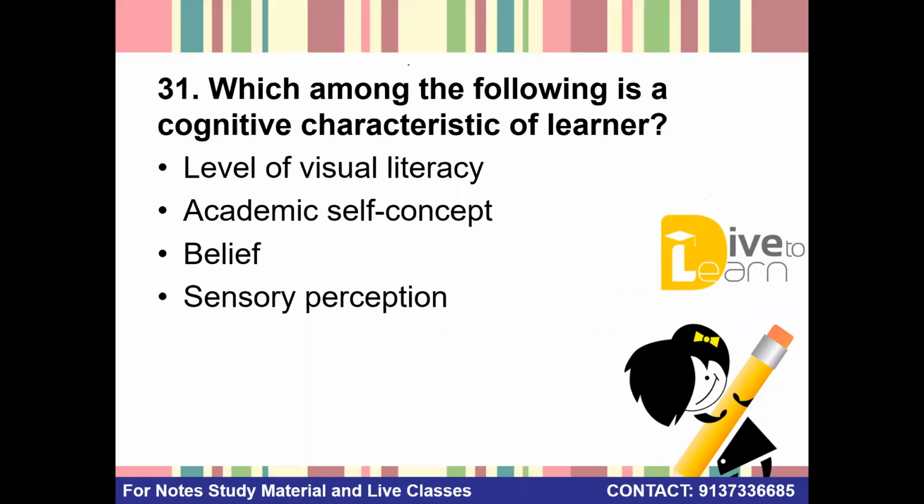Okay. Next question is, which of the following is a cognitive characteristic of a learner? Cognitive characteristics we have done in greater detail in yesterday's class also. Those who want to revise, just watch yesterday's recording once again, I talked about this in a lot of detail. Cognitive characteristics of a learner. So I hope we are aware that we have to study personal, academic, social, and cognitive characteristics. 1 2 3 4. Let's revise once, then we come back.